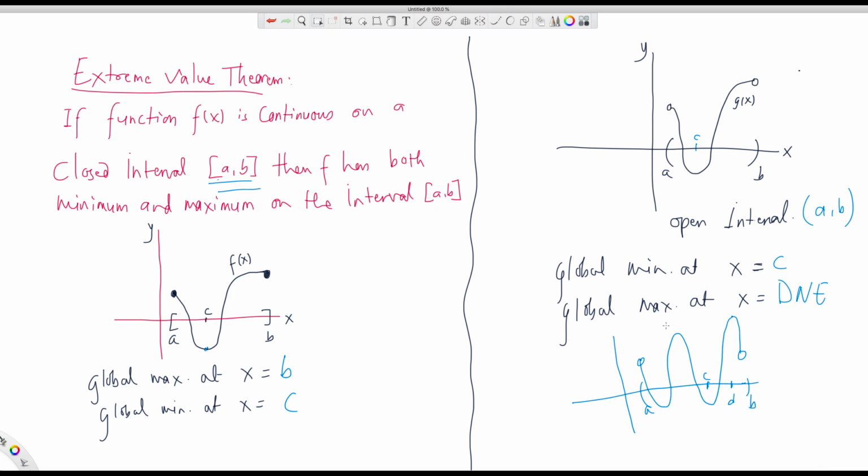So what can we tell about this then? If a function is continuous in the closed interval, then that guarantees both maximum and minimum lie in that interval or on the boundary. But if the function is continuous only in an open interval, or if the function is not continuous, then we cannot guarantee the global max and global min lie in that interval or on the boundary. So if the function is continuous in the closed interval, we are 100% sure that the global max and global min lie somewhere in that interval or on the boundary. That's what it says. Okay guys,